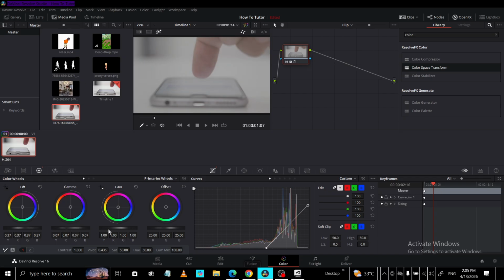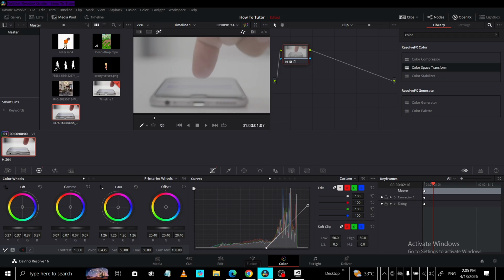Now move on to gain. Gain controls the highlights, the brightest parts of the image: reflections, bright skies, light sources, or any areas catching strong light. Raising gain will make those highlights pop and can add a nice sense of sparkle or contrast to the image. However, this is also where it's easy to push too far. If you raise gain too much, you may lose detail in the brightest areas and they'll turn into solid white